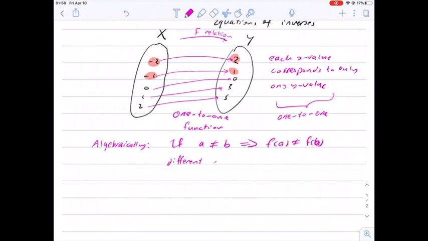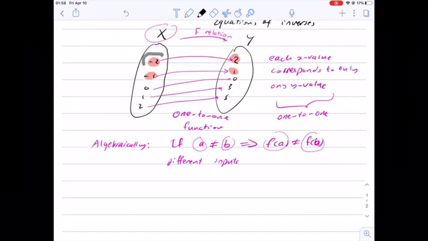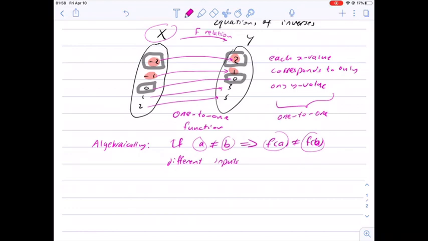So different inputs, I mean a and b are from the set x, and f of a, f of b are from set y. So different inputs like these, -2 and 0 are different inputs, and they give us different outputs. So different inputs correspond to different outputs. For example,